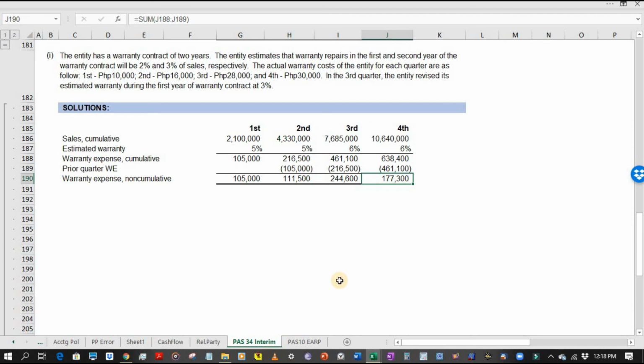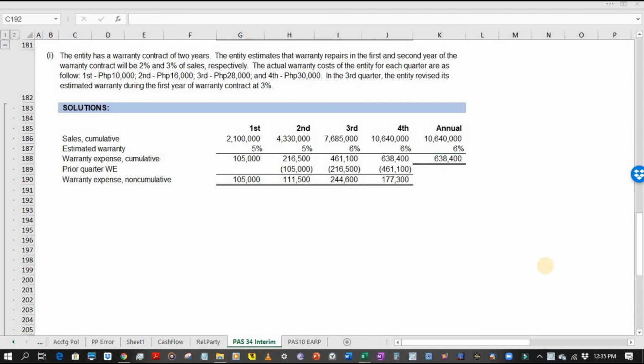Then of course, for the annual reporting, our warranty expense for the year, one whole year, is 638,400 pesos, which is already at 6%. Again, if there is a change in estimate, the estimate will be applied since the start of the year, which is January. So after we're done with the computation of the warranty expense, let us now proceed to the computation